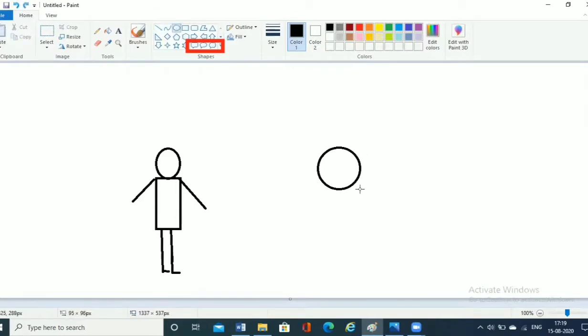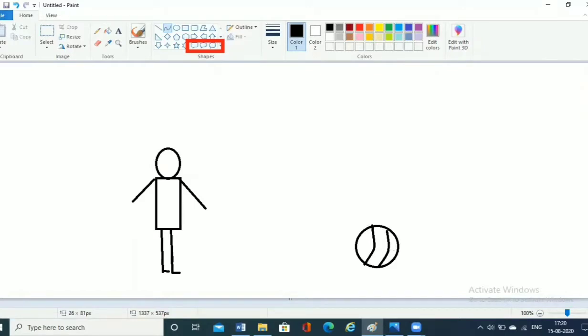There is a ball which is lying downside, and he is viewing this ball. He is actually viewing this ball. Okay, and what is going in his mind? Let's see. So what is going in his mind?